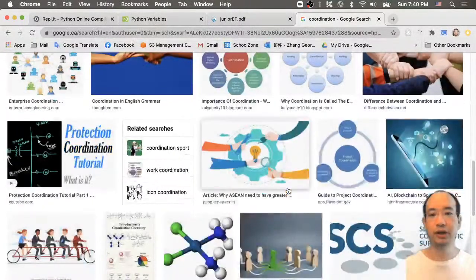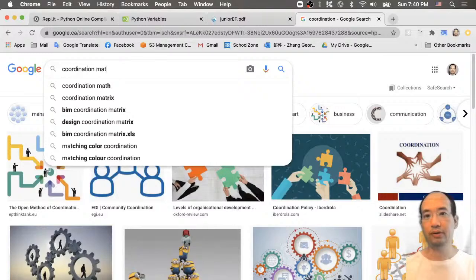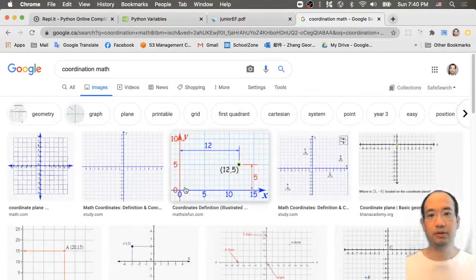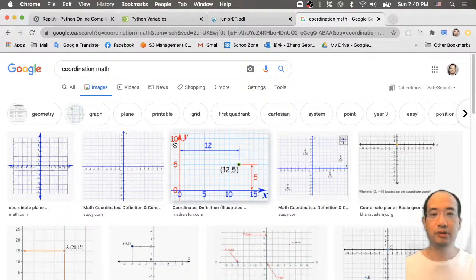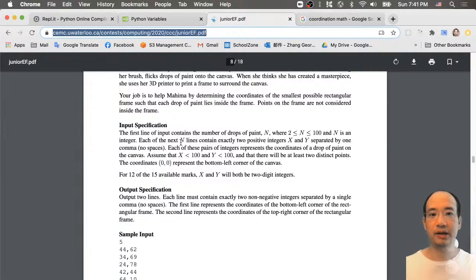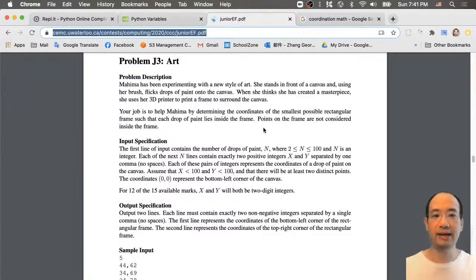It doesn't show here. Or math. Yeah, something like this. The math coordination. So they said they have different dots inside the coordination. So they will always give you the x and y,